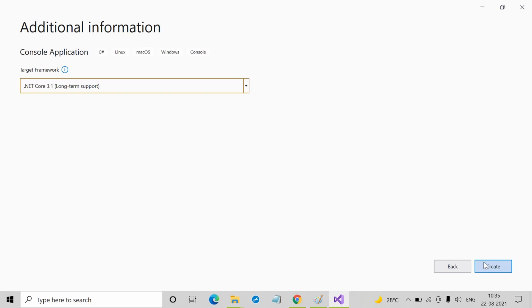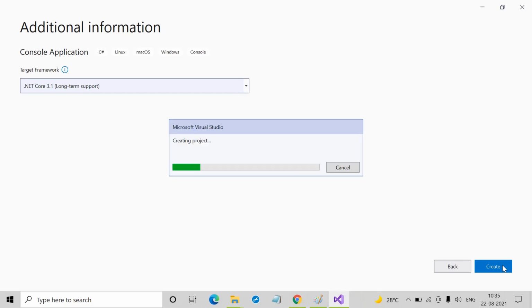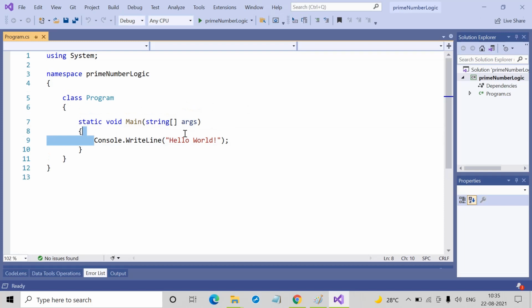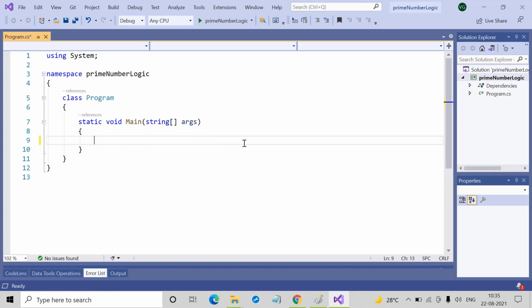It's a very important program for interview purposes, for all the students who are preparing for software interviews. This program will be asked a number of times in any company. Okay friends, we are discussing today the prime number logic. We will take input from the user only, where the user enters any numeric value.